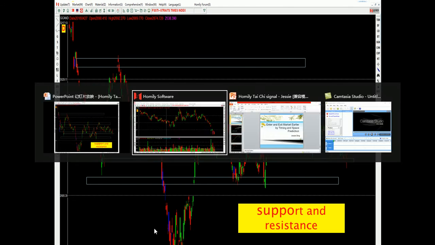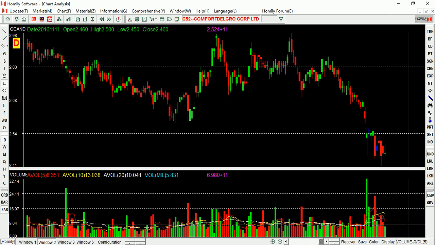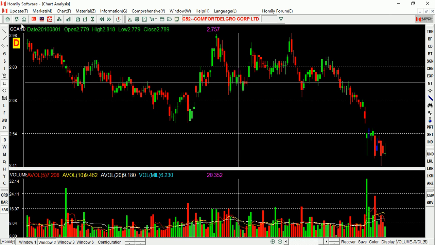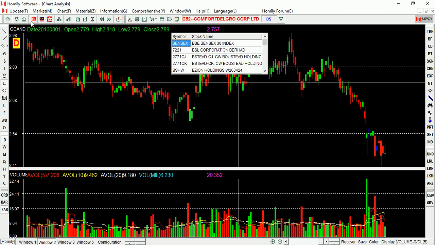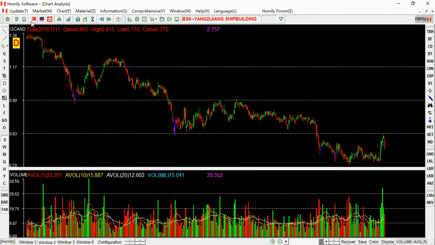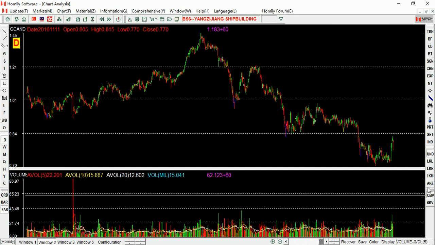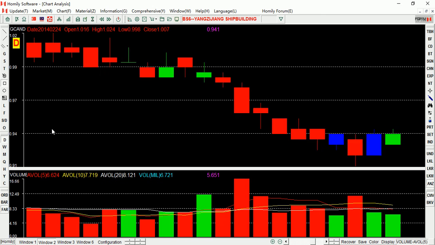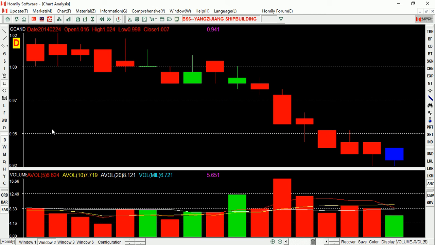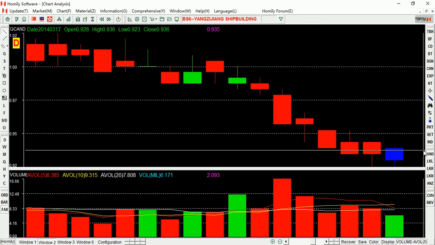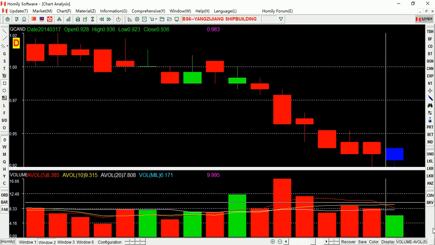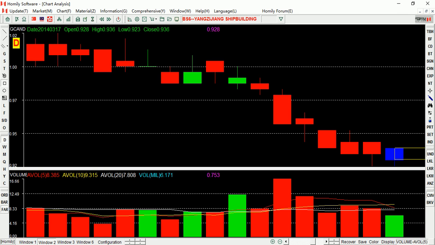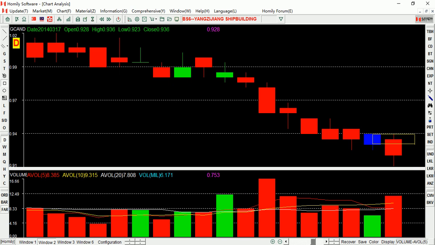I use one share to review it. So which stocks do you want to check? Maybe Yangzijiang is okay for you or not? Let's see Yangzijiang, this stock. Blue signal, blue candlestick appears, right? What's that meaning? What should we do if we see the blue candlestick? Firstly, we should draw the line, okay? Draw the line. Then see the next day, buy or not.